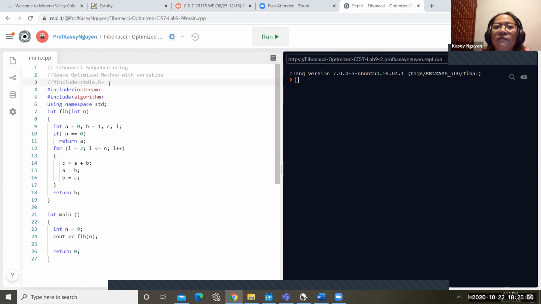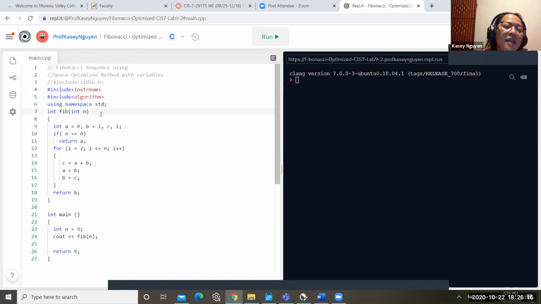However, in Visual Studio, sometimes if you don't have that with a certain package, it's going to throw an error, so you have to add in the file. I think I linked some videos a while back on the older labs on this. But anyway, for us, we just need algorithm and iostream, because we're just going to cout.